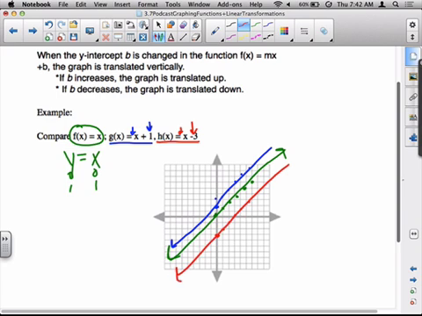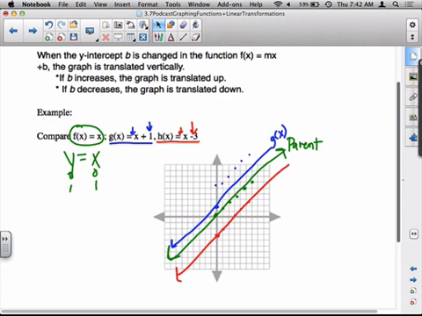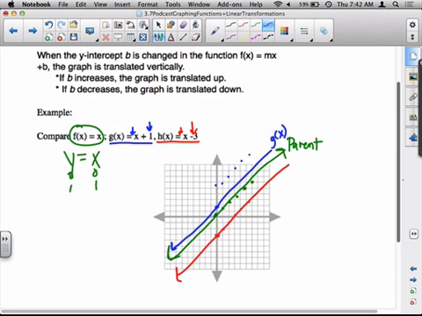All right, so let's compare our g of x and h of x to, this is called our parent function. The green is my parent function, when f of x just equals x. So let's look at g of x. G of x is parallel, has the same slope, however, it is translated up 1 unit. So instead of my graph starting at 0, like my g of x was, it is translated up to 1. So I'm going to say g of x translates up 1